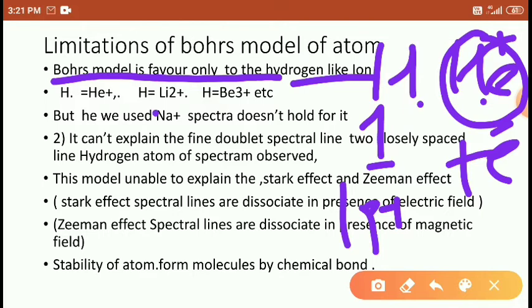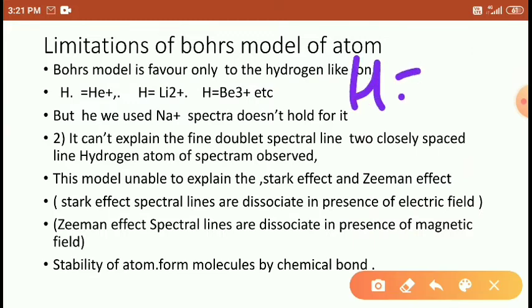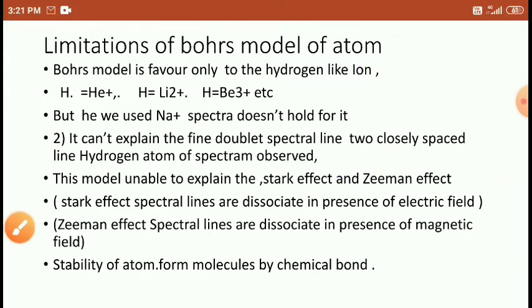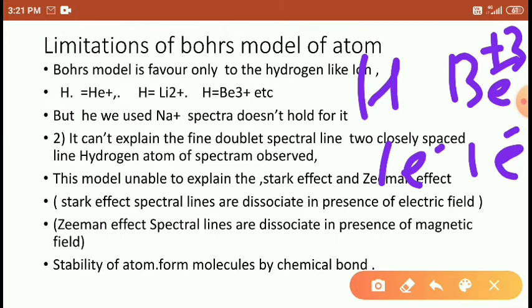And the lithium plus 2 ion is similar to hydrogen, because after removal of 2 electrons it contains 1 electron. Right students? And beryllium, atomic number 4, if you remove 3 electrons it also contains 1 electron. So helium ion, lithium ion and beryllium ions show spectral lines like the hydrogen spectrum,